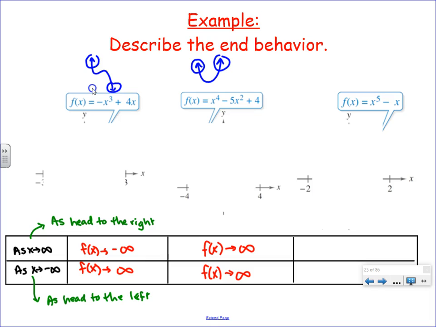So then the last one. Is it flipped or is it normal? It's normal. And it's odd, so I'm looking at this one, right? Not caring about what's going on in there, because I don't honestly know. But we're looking at the ends. How would we describe what's going on to the right? F of x, the y's go to infinity. And as I go to the left,